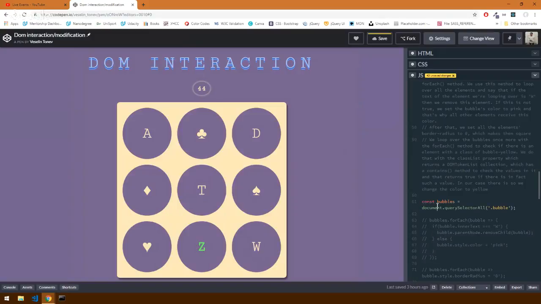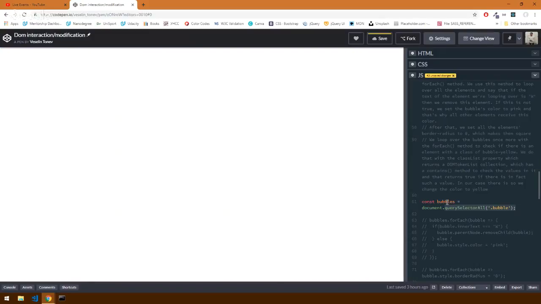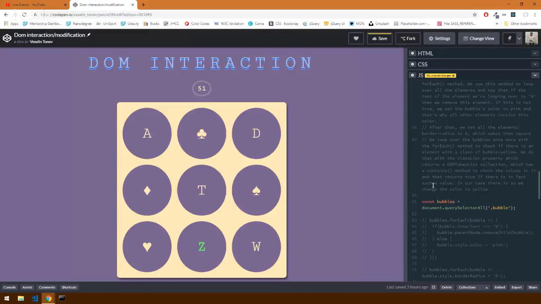So first let's select them. Now we have a node list here in the bubbles variable, all these 9 bubbles here. And we use the forEach and specify an if statement here. We access the innerText of each bubble we're looping over. Notice that this is an arrow function, an ES6 feature. And if the content is W,